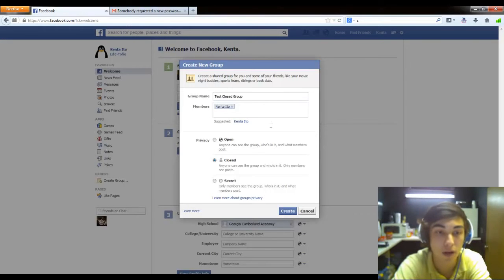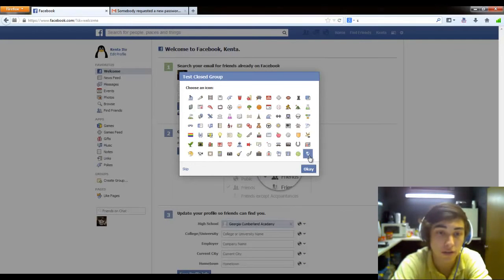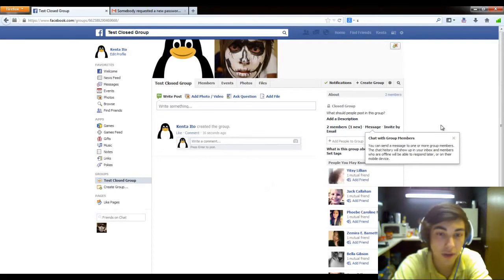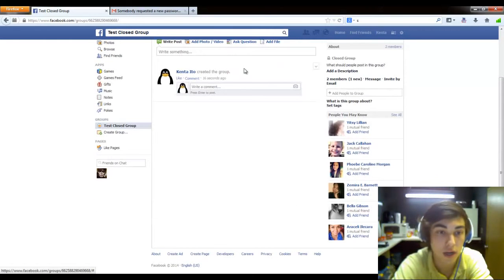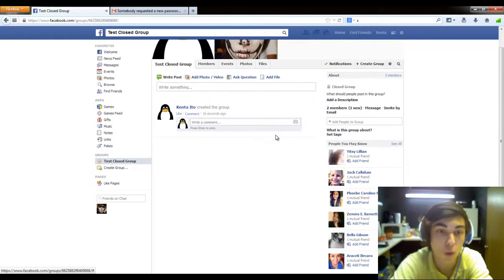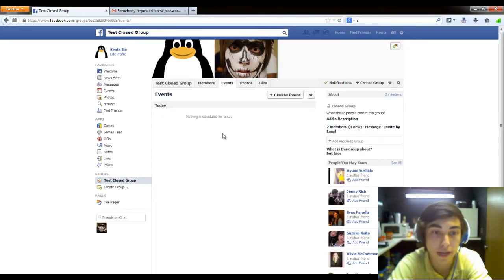And you can also add other people from here, but you can also have the option to do it later. And we'll choose an icon for our group. There's so many. We'll go ahead and choose the goldfish. So in the group, you can write posts, and you can see the posts here once you're in the group if you are a member of the group, or also obviously here with the admin. You can see the members in the group. You can plan events for your group. Just hit create an event, and